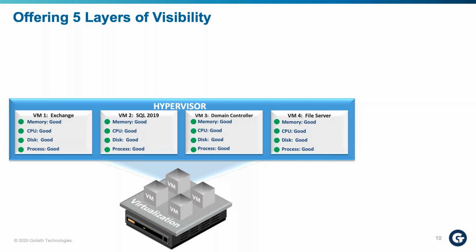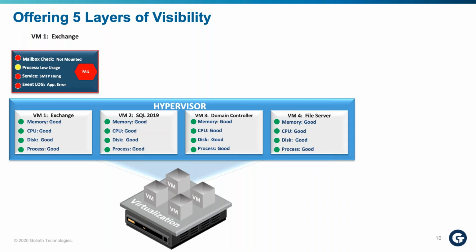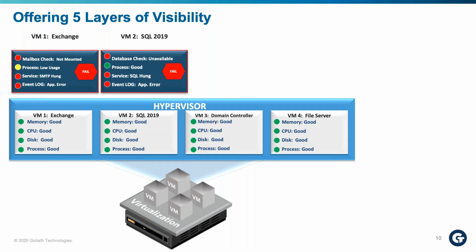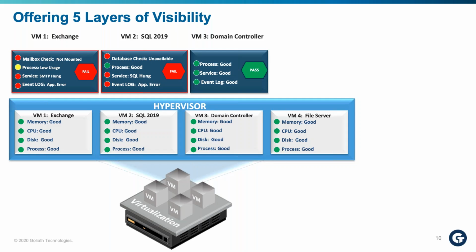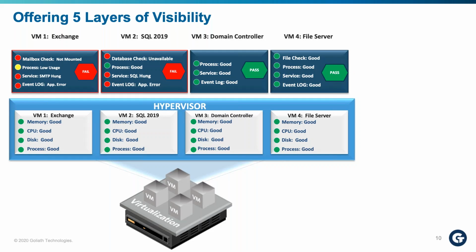From a VM level, your Exchange server is up, CPU utilization is great. Same thing for SQL, your domain controllers, file servers, and so on and so forth. However, if you're not taking those additional steps and getting that additional visibility into the performance of your infrastructure, you could be missing specifics taking place on the OS level and the application level for the Exchange server, right? Or things with SQL. So without having that additional visibility, you can see everything is green. Well, you actually would be having some problems inside of your